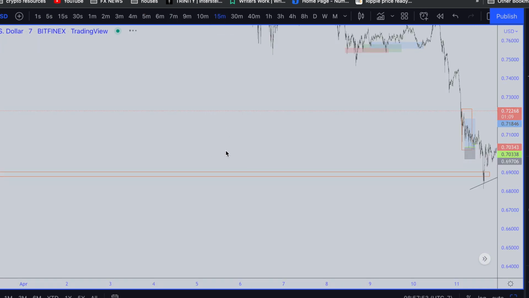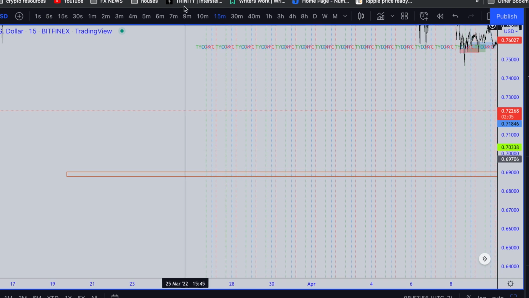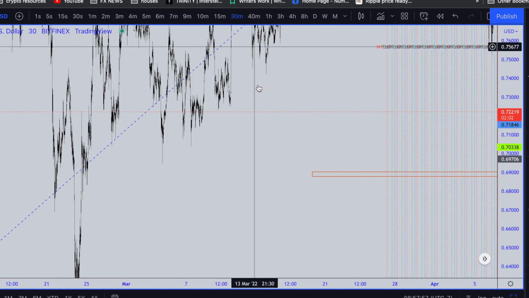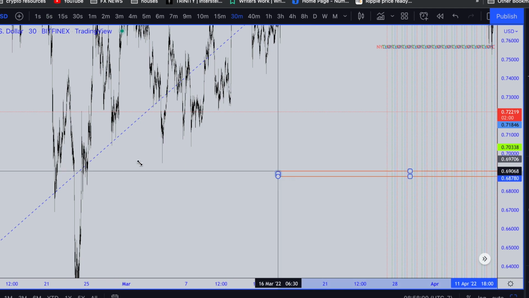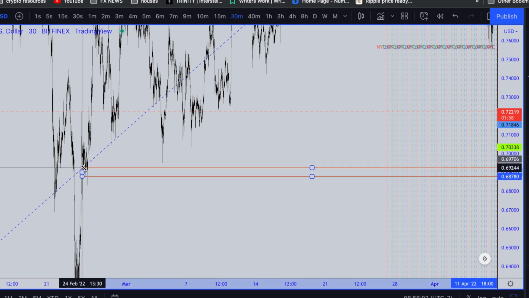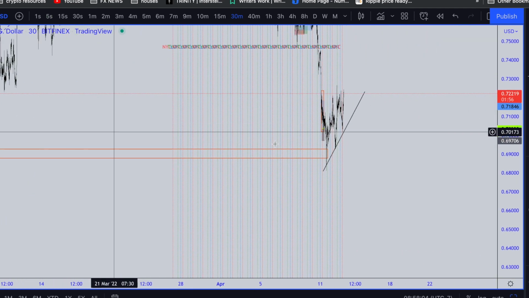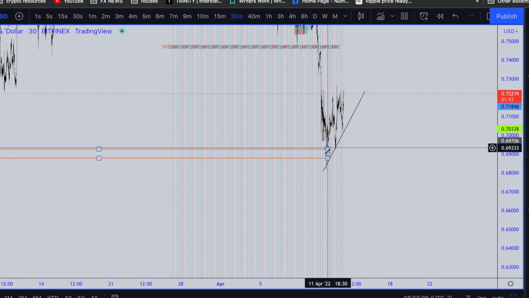Let's go to the 15-minute. All right, let's go to the 30-minute. We still can't see price action. All right, boom. So let's go all the way back over here. I just want to show you guys, okay, this is that level over here to the right-hand side where you guys can see that New York session took a buy from.